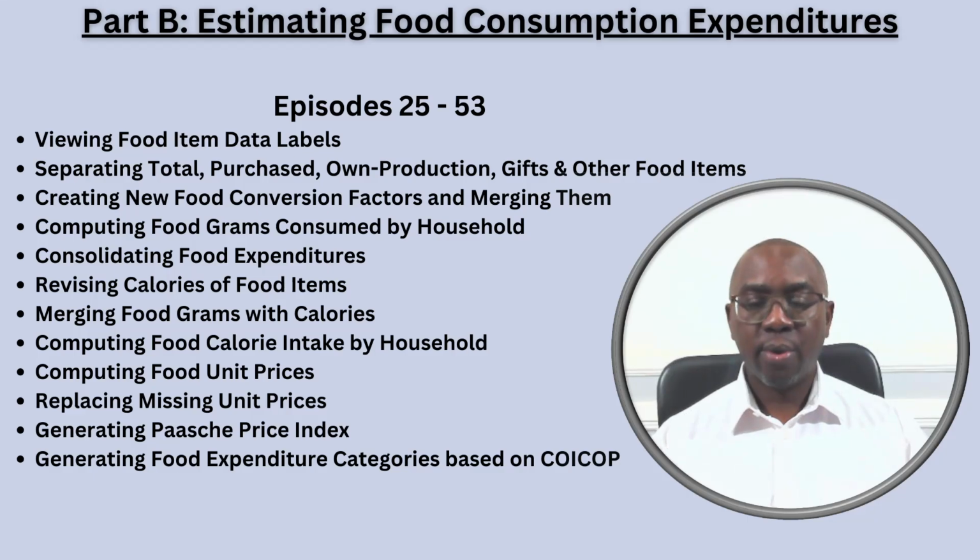And then we're going to go through the process of how we compute food unit prices, and how do you go through the process of replacing any missing unit prices. Then once we've done that, how do you generate the Paasche price index based on the unit prices that we're also going to compute. Then lastly, we are also going to generate food expenditure categories based on what's called the classification of individual consumption according to purpose, or in short called